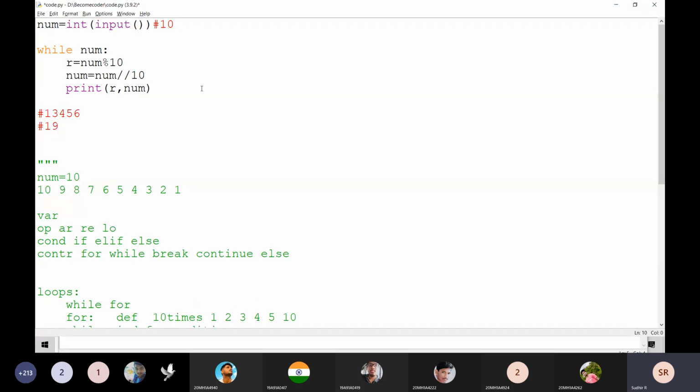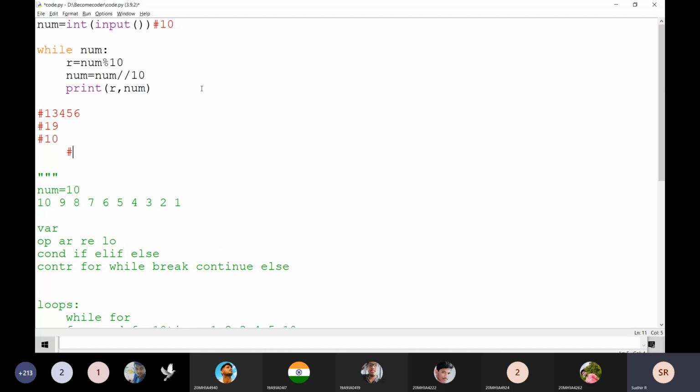Then again I am going to do it, 9 plus 1. Again I am going to add the sum of the digits. It is going to be 10. That is also not a single digit. Again 1 plus 0, it is going to be 1 here. I want the output like this. I want output only 1, not the remaining 9 or 10, and not like that. I want the output as 1 here.